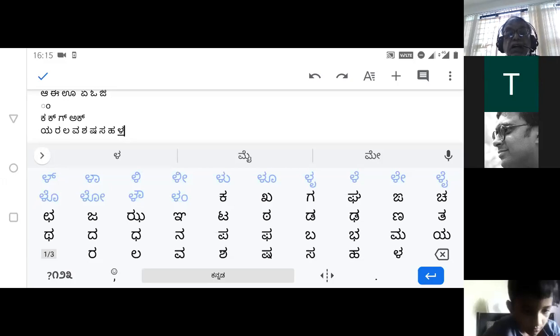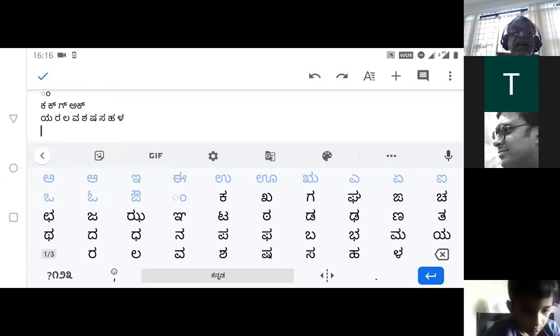Now, since we know where these letters are, let's start using them. One of the essential things that you must learn while learning a new language is the number system in that language.